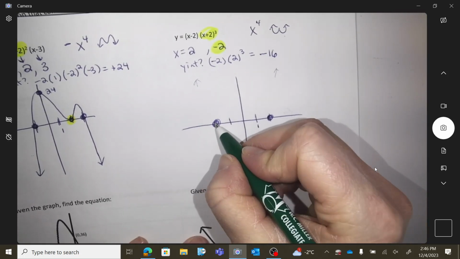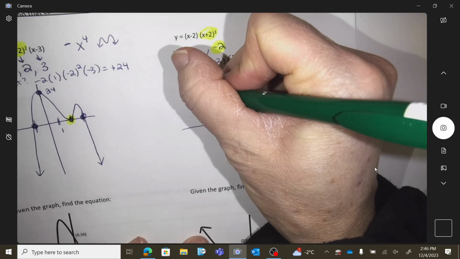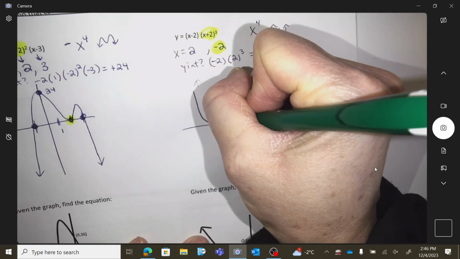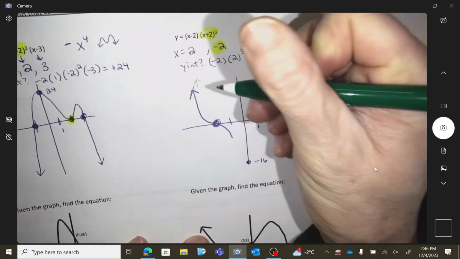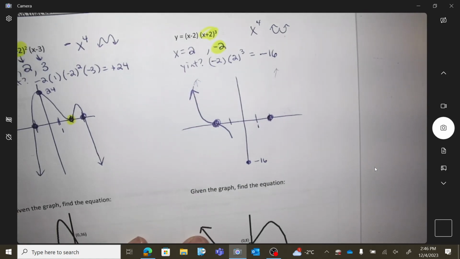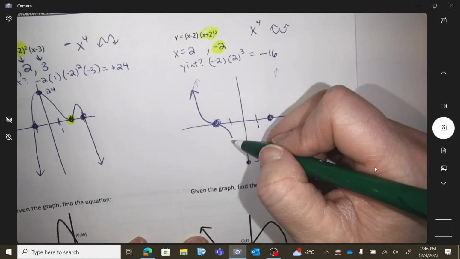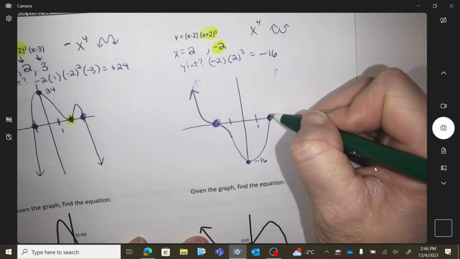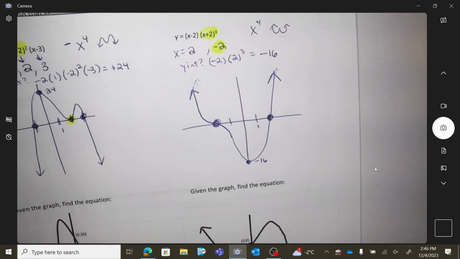So it needs to flatten here. So what is it gonna look like? That's a flatten. So the W is just a little bit skewed and looking, but